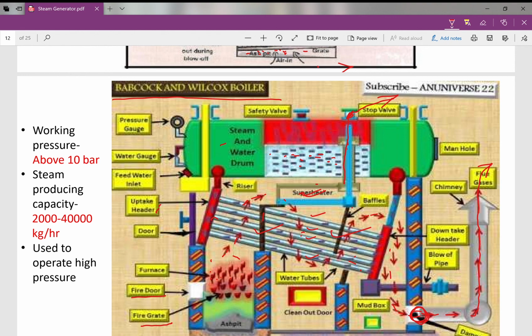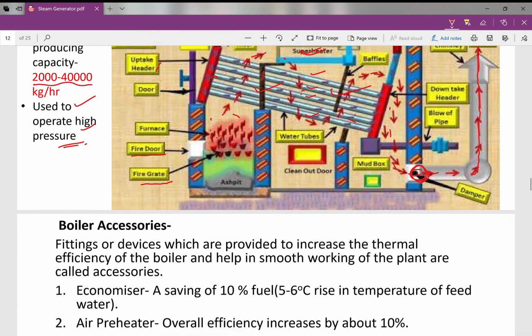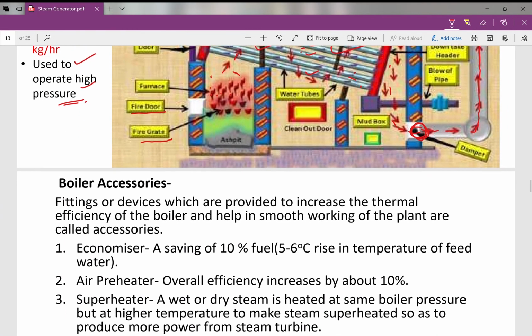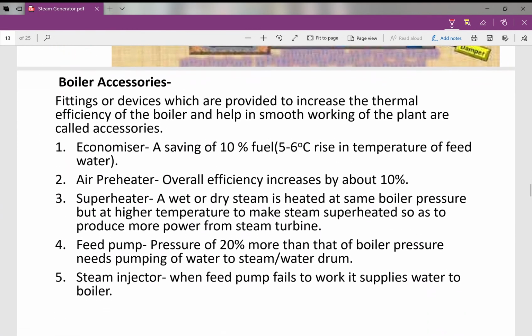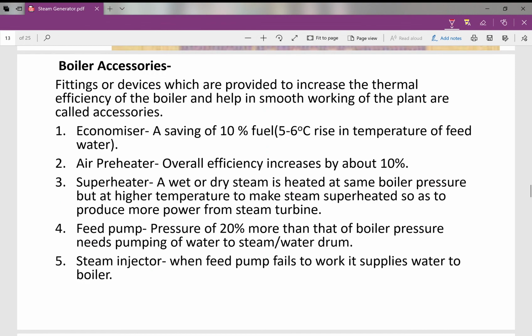So dear students, the working pressure of this is above 10 bar, and it has steam producing capacity of 2000 to 40,000 kg per hour, and this is used to operate high pressure. Now dear students, in next video we will go through accessories of